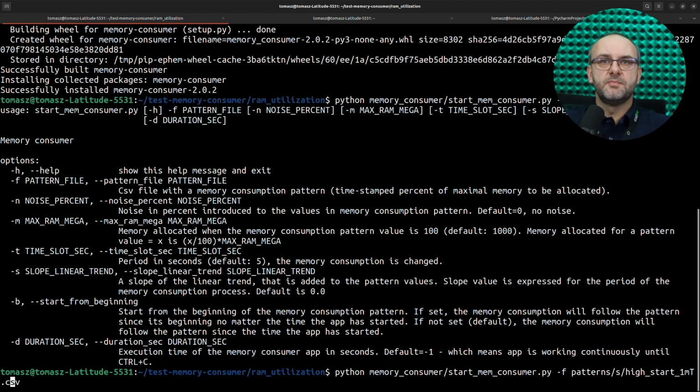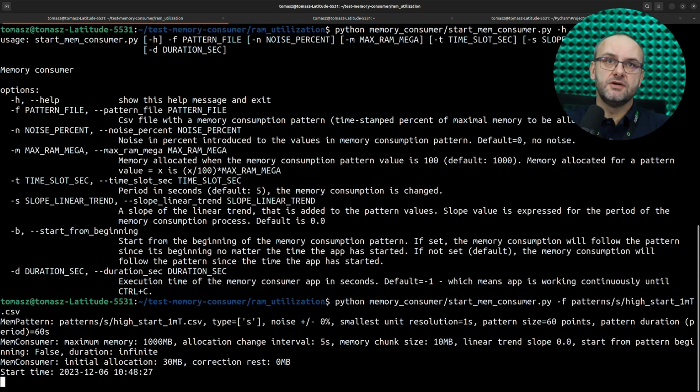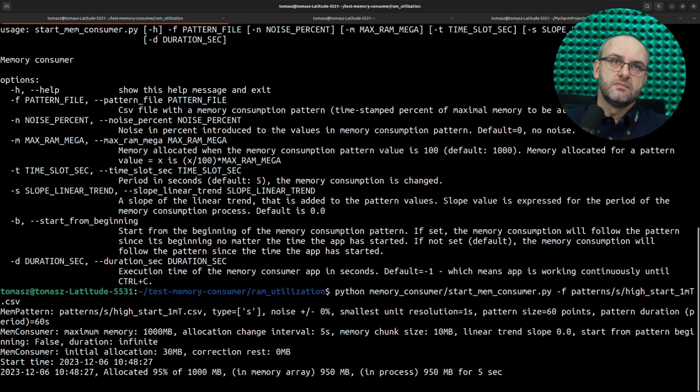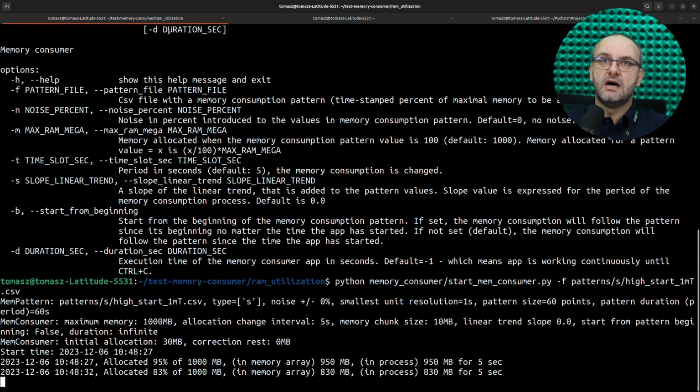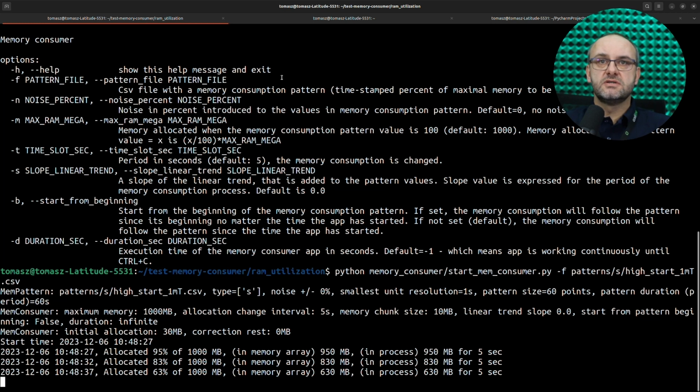The only required parameter is the pattern. So we are providing the reference to the file that contains the pattern, and let's start our application. It displays the arguments and default arguments of our program, and the application starts allocating memory according to the pattern.